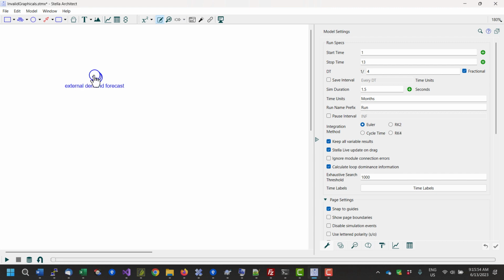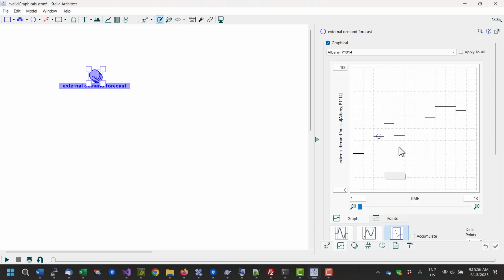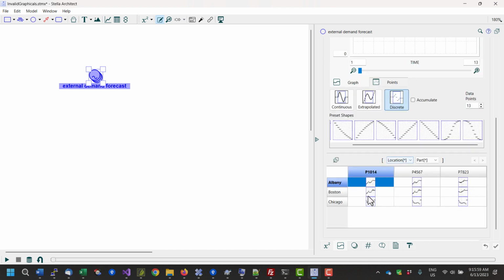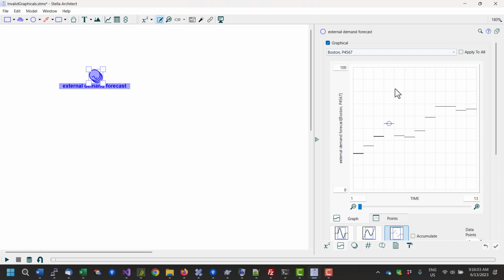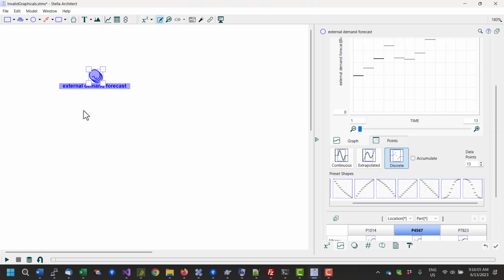if you've got a graphical that's a non-apply to all arrayed graphical, you can choose between its different elements either by clicking here or by selecting from this drop-down. And if we go to the array editor